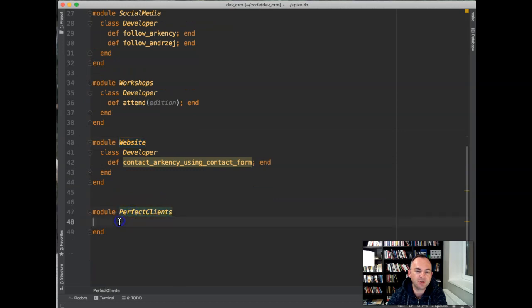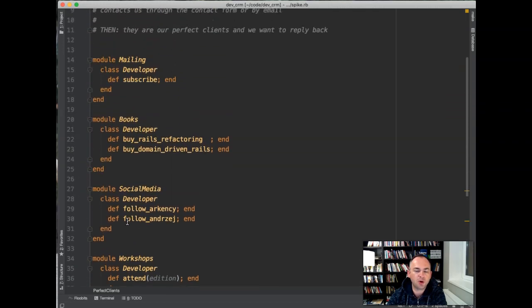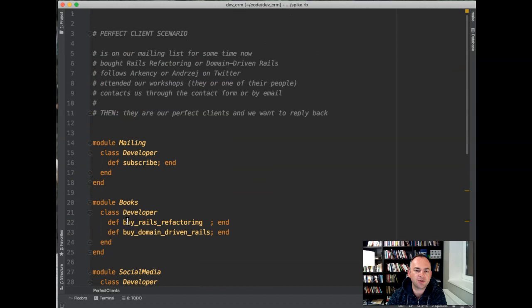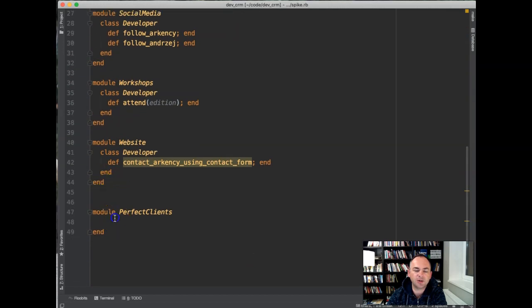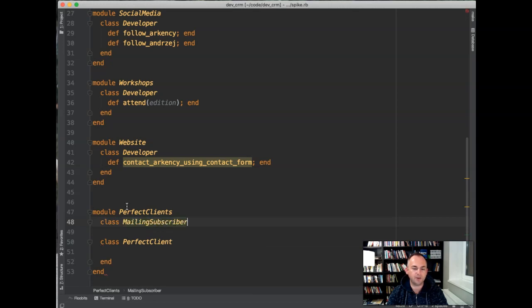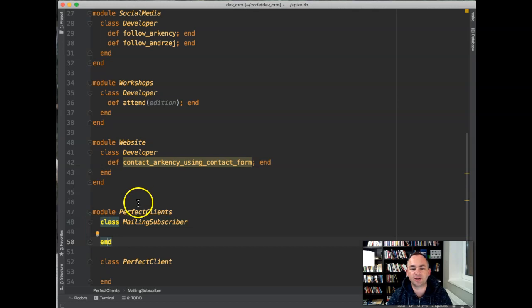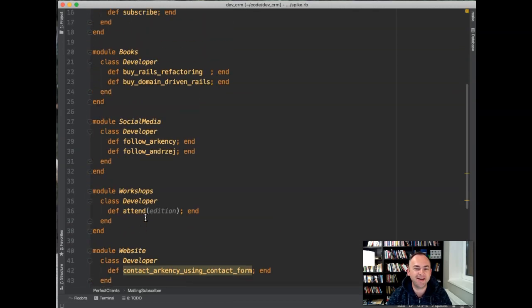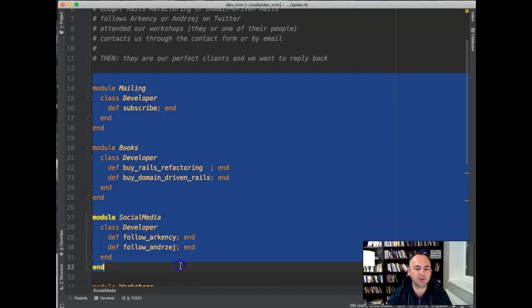And here is empty code because that's what I'm going to present in the next video. This is where we want to combine the result of all those things, because this is our business process, and only after some criteria are met, we want to say those are perfect clients. So in here, we will learn more. This is just a teaser about what a perfect client is and how you can get there just from being, I don't know, a mailing subscriber, right? So we'll build some kind of state machine, maybe, we'll see. So far I'm starting with those building blocks, those bounded contexts.